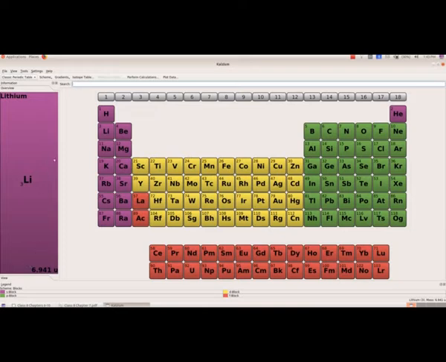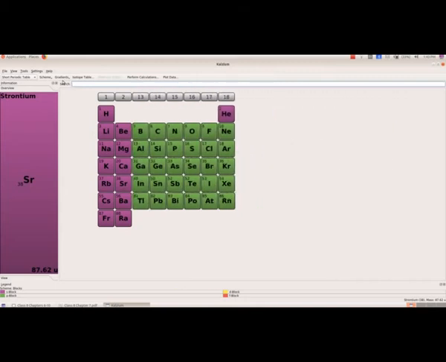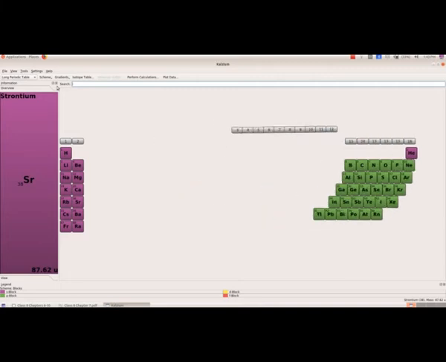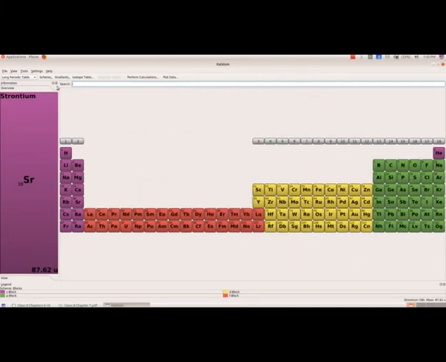And before that we have different types of periodic tables, and to view that, from view menu we have to select tables, and the default one is classic periodic tables. If we want the short periodic table, then we can select that, and this is the short periodic table. And then if we want the long periodic table, we can select that. So this is the long periodic table.